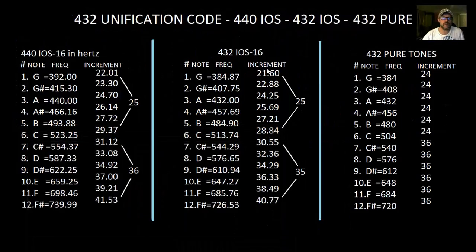Okay, so in this clip, we've got the 440 iOS 16 current. This is the current system that we use today. Now, iOS, what does that stand for? That stands for the International Organization of Standardization. So the 440 iOS system that we currently use, I'm going to show that it's